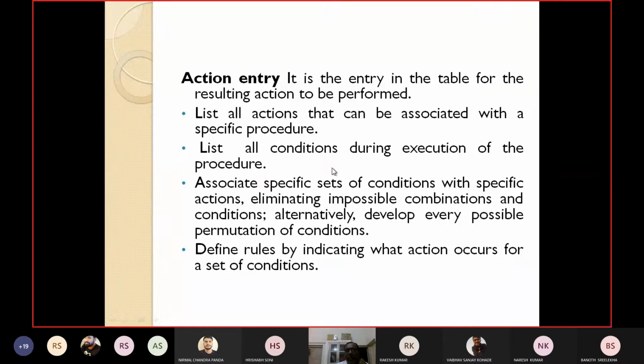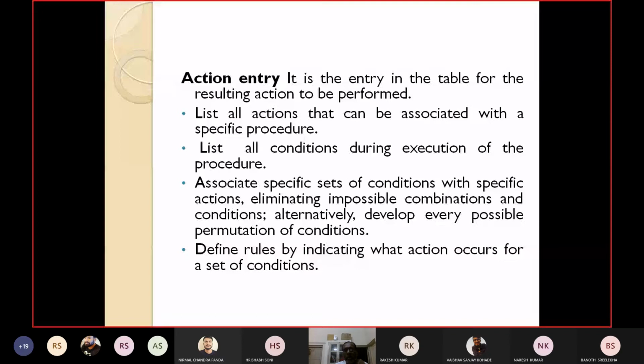Then associate specific sets of conditions with specific actions and eliminate all the impossible combinations, where something will never happen. Say the sun rises, and another condition is west. The sun cannot rise in the west, so these are impossible combinations. Remove those.